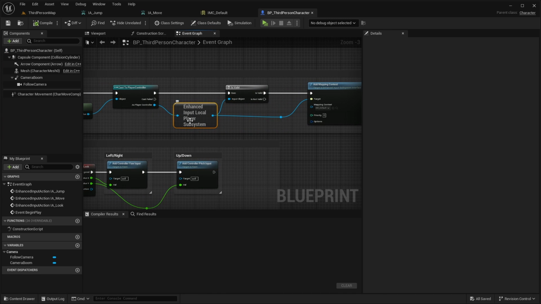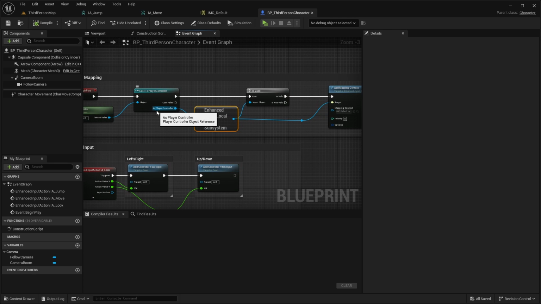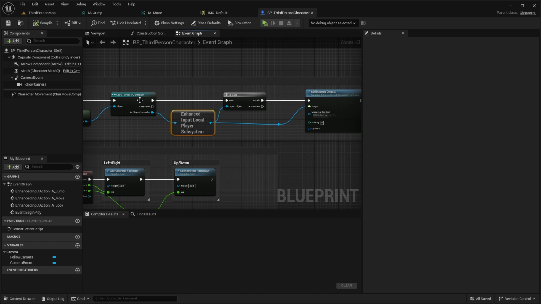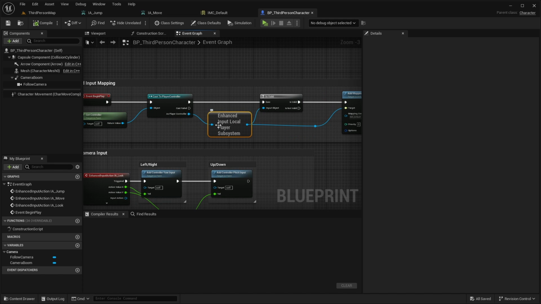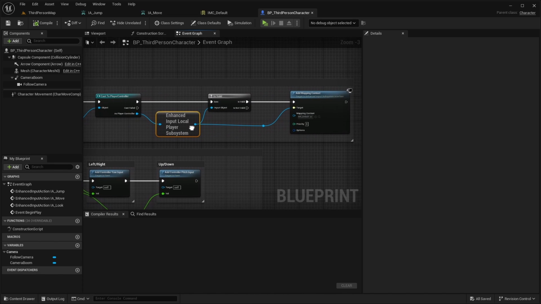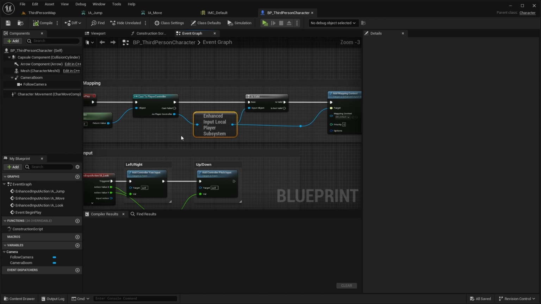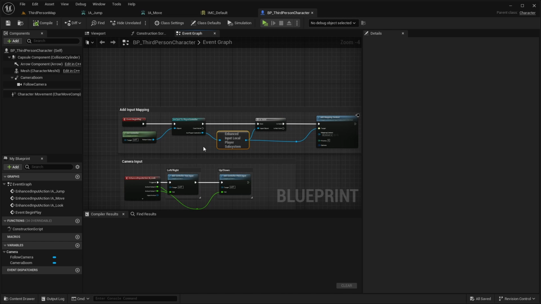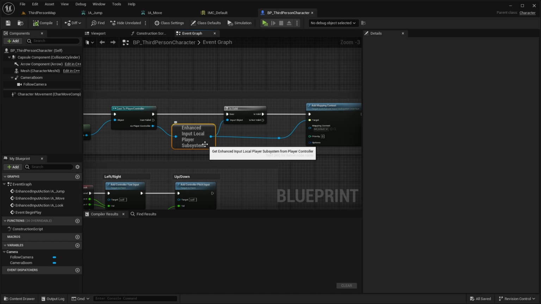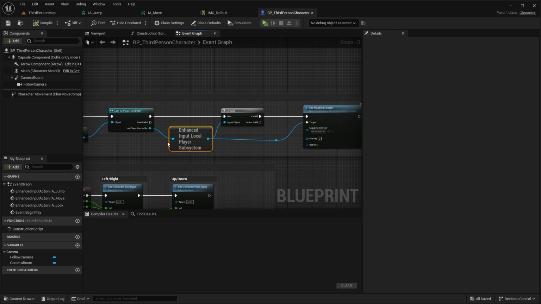And this one here is part of the player controller. So what you can see here, the casting to player controller, getting the enhanced input system and adding the mapping context to it. And yeah, I have two feelings about that. First one, it is very, very great that all inputs are now managed in the player controller, because